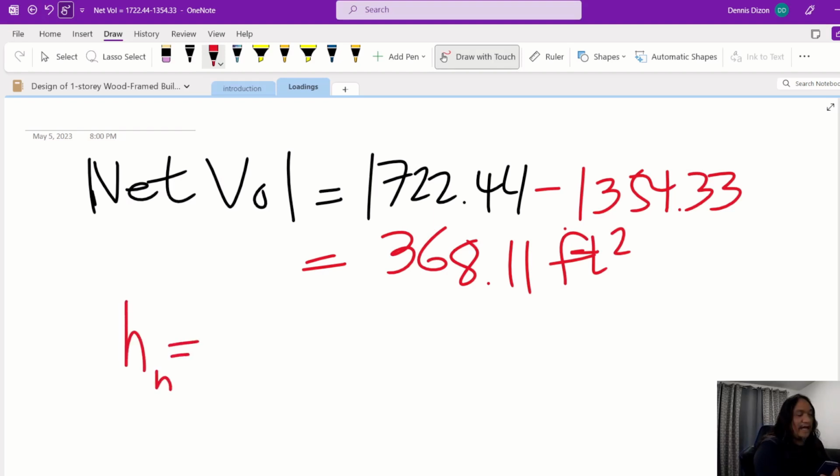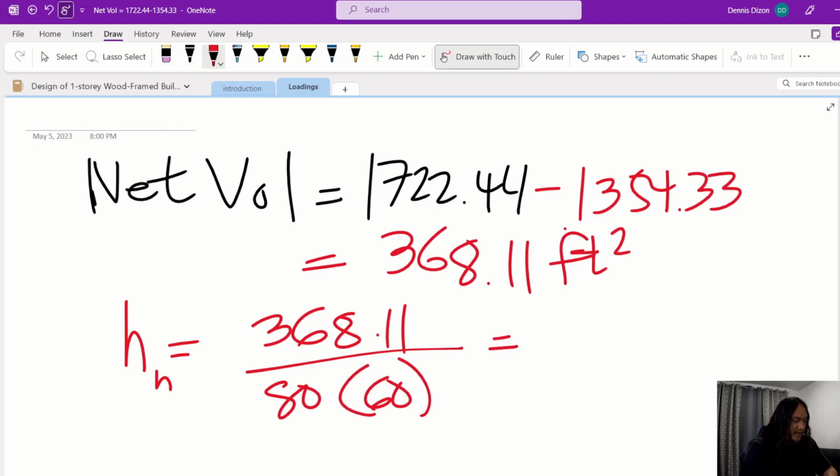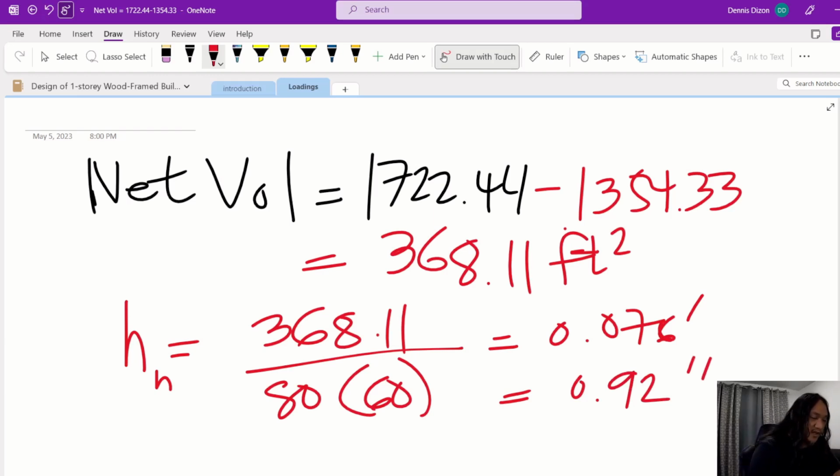Now, to determine the height for this one, the net height would be 368.11 divided by 80 times 60. So that's the area of the roof, 80 times 60. So this is 0.076 feet, times 12, this is 0.92 inches. So therefore, going back to our roof section,